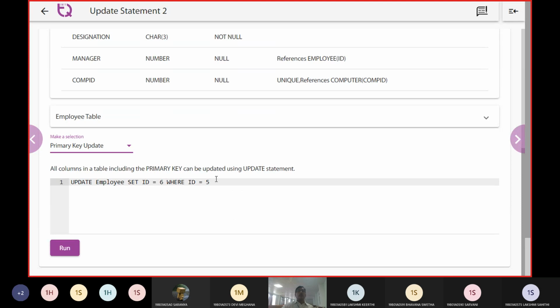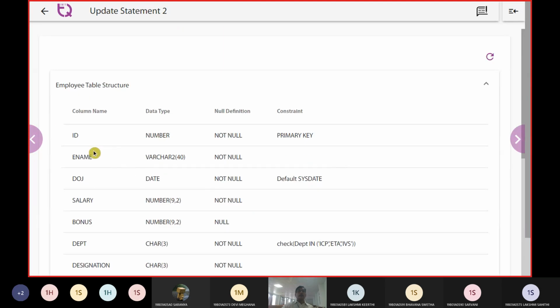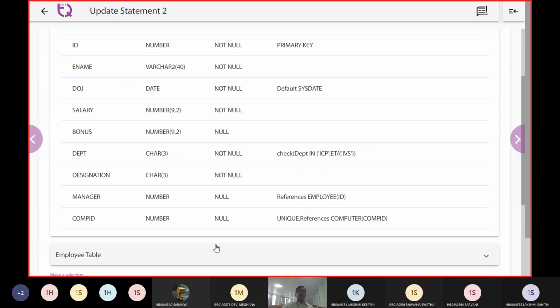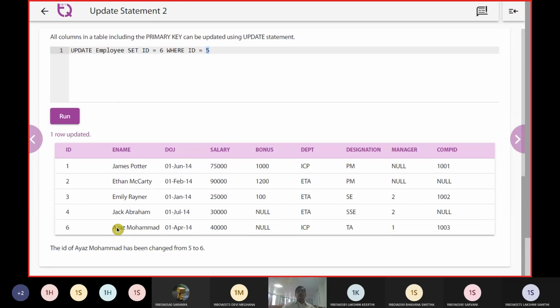So we have already given a schema earlier that ID was the primary key, and now this primary key we are going to update. So for whoever has the ID, the record having the ID, now it is going to be changed to 6. Earlier it is 5. Now we are changing the primary key to 6.